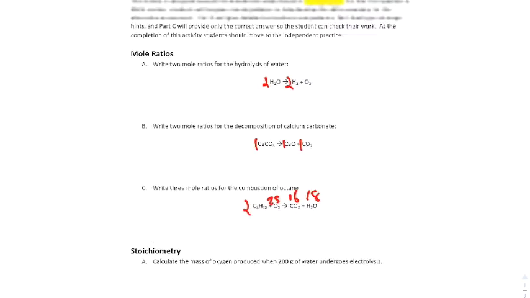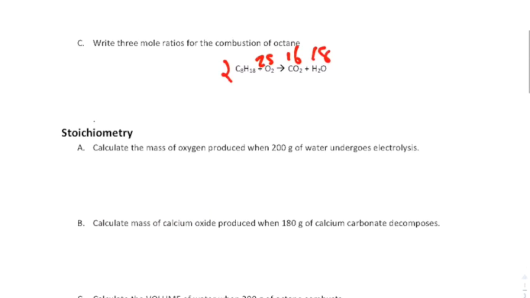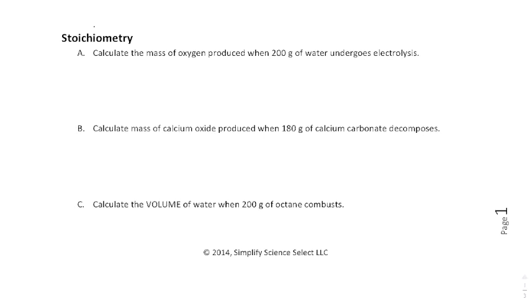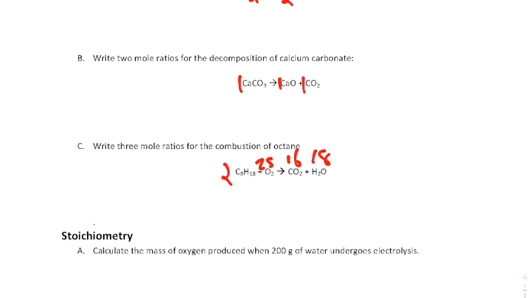Moving on to some stoichiometry. So when we're looking at stoichiometry, it says calculate the mass of oxygen produced when 200 grams of water goes under electrolysis. So there's our equation way up there. So all we're going to do is start with, anytime it says grams of water, we need the molar mass of water. And we know that 1 mole of water equals